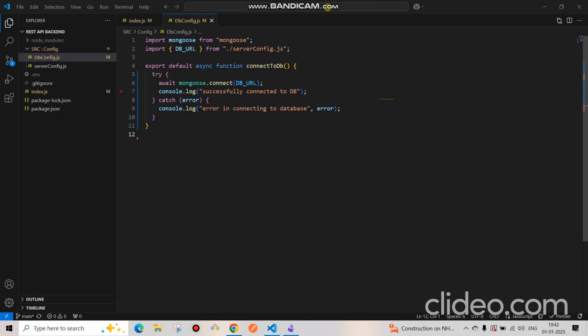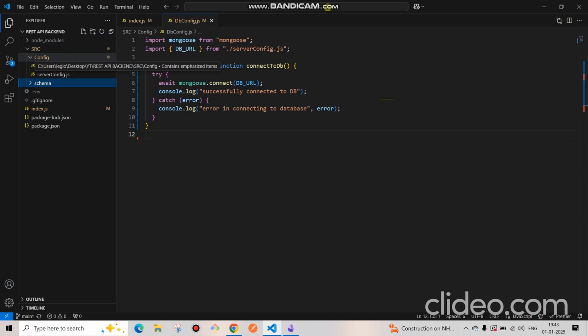First of all, I will go in my SRC folder and create one more folder called schema. In the schema folder, all the schemas related to our project will go, like user schema, message schema, channel schema and so on. In our video we will create our first user schema. So inside the schema folder I will create